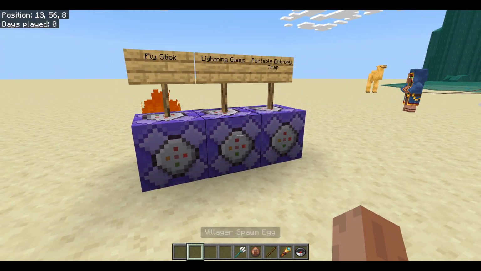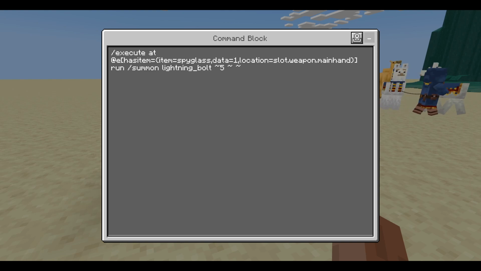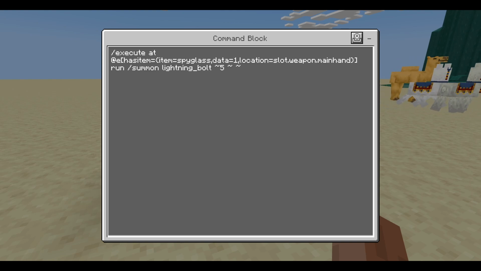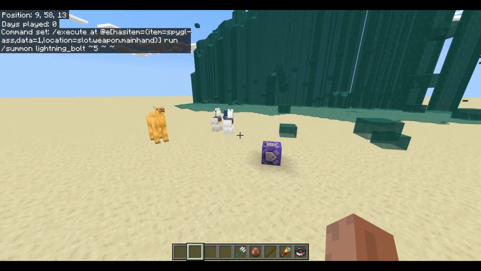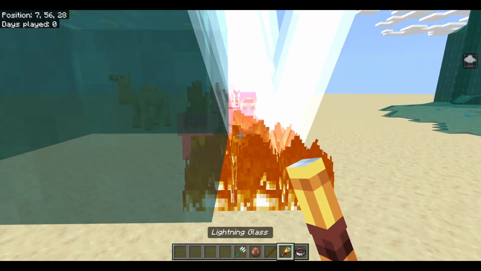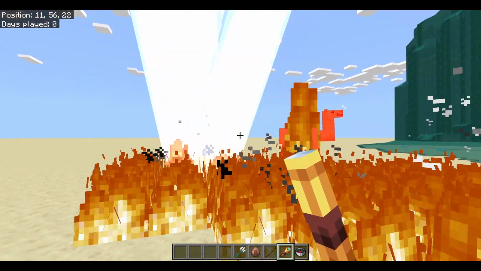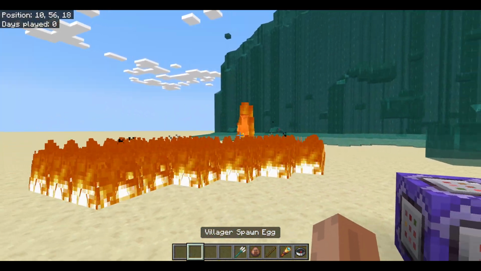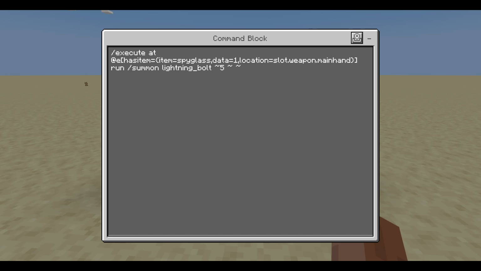Alright, so then let's cover this one, the lightning glass. Now let's just run through it here. I think I can demonstrate what this does pretty effectively here. Yeah, as you can see, it just sets lightning everywhere. So if we look at this here,